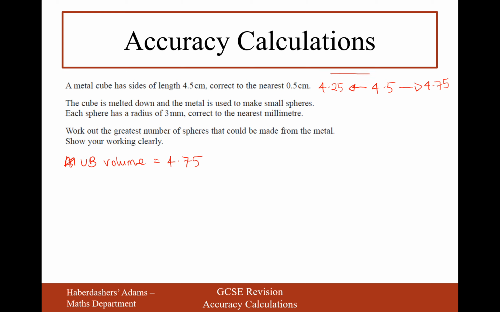Otherwise, if it was anywhere outside of this range, it would be in a different 0.5 centimeter section. If it was 4.25, it would be in the 4.0 section. If it's 4.76, it'd be in the 5 centimeter section. So it's going to be 4.75, and then the volume of a cube is just you cube the number. So 4.75 to the power of 3, and that gives us an answer of